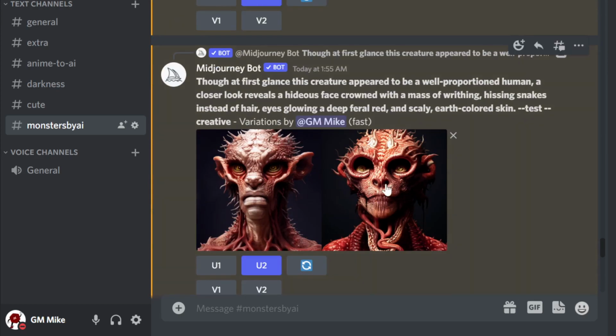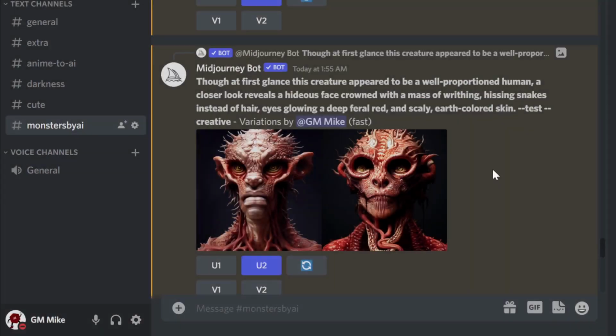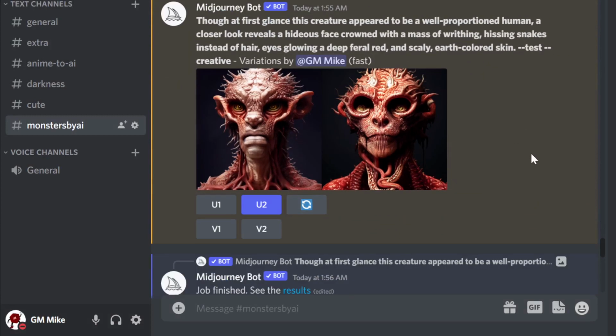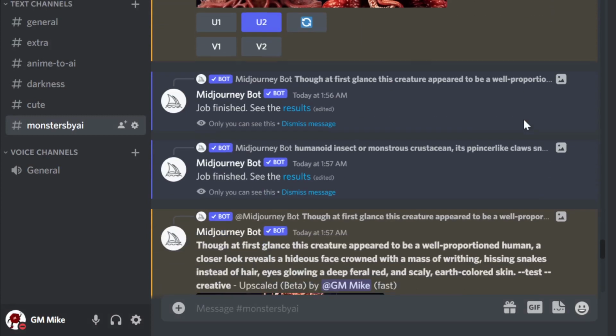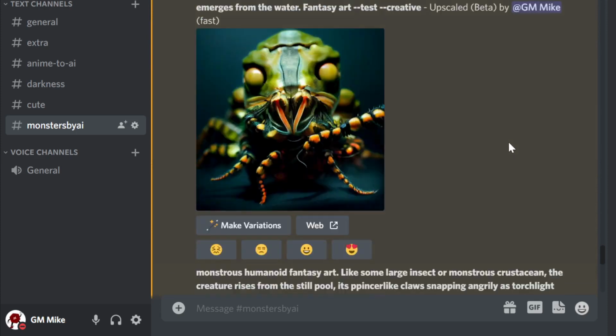I went with this one. It has some little snake-like hair, but they're really different. Again, could just use this image and create a different monster that doesn't have to be Medusa. More